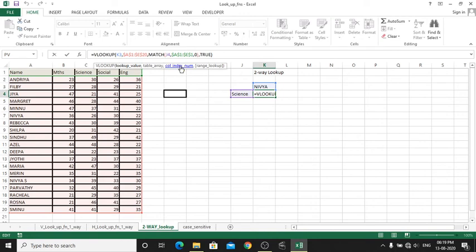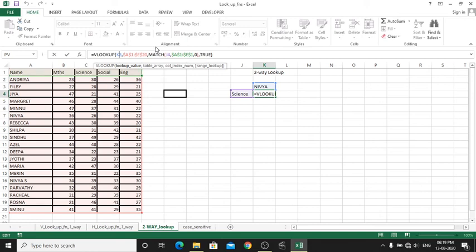So here you should note why I put the third argument as MATCH, because the VLOOKUP function takes the third argument as column index number. Okay, and here the columns are the subjects like math, science, social, English. So we have these four subjects in the columns.